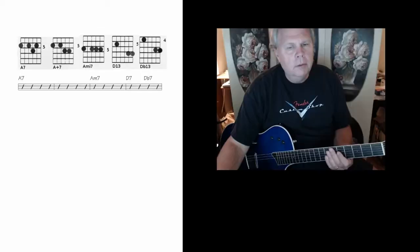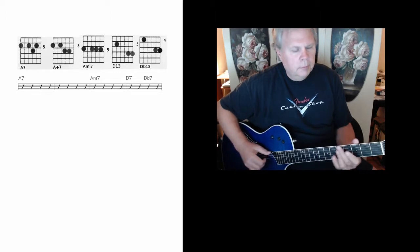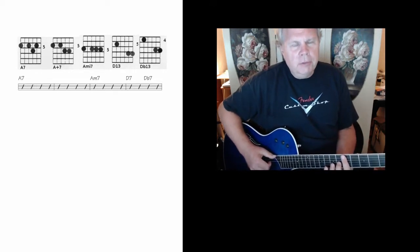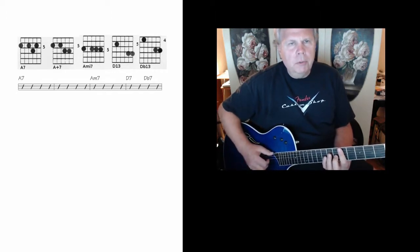Measures 13 through 16. Okay, now on A7, the original, A minor 7, D7, D flat 7. I'm just making a few alterations, not much, a little bit. A7 I'm doing like this, I'm leaving out the fifth, just playing that. A lot of the old school players like to leave out the fifth of a chord because they think it sounds better, and I have to agree, a lot of times it does sound better. Instead of doing a big, a lot of people call those cowboy chords, you just play